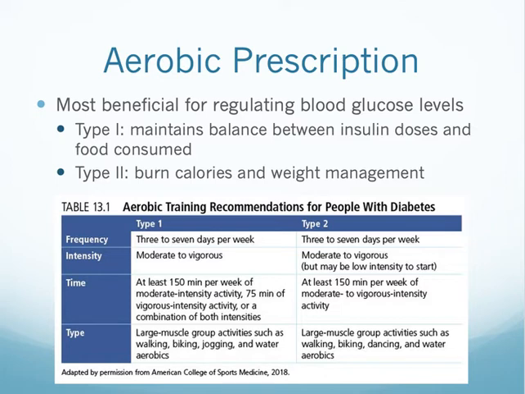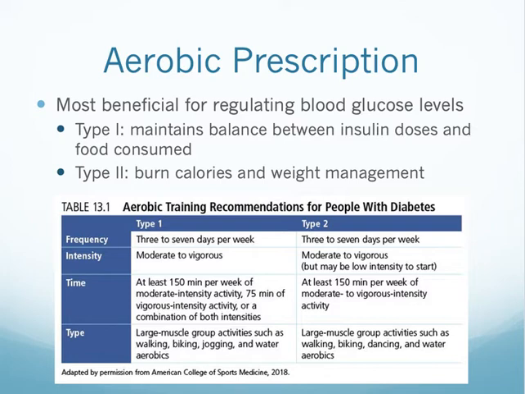The table offers recommendations for those with both type 1 and type 2 diabetes. If a person is just starting out, it is important to begin gradually because the body needs to adapt to the exercise and also to monitor how blood glucose levels are affected. And really the difference that you're going to see between these two recommendations is we're assuming that some individuals who have type 2 diabetes are also overweight or obese and have not really been engaged in physical activity. And so the approach here is that we need to start very slowly and probably start at low intensity levels. We're shooting for at least 150 minutes per week of moderate to vigorous if we can